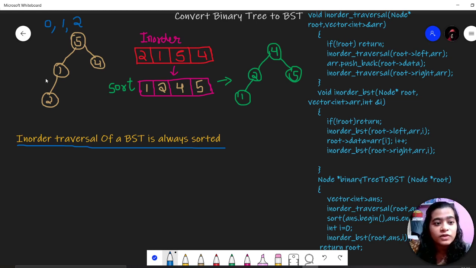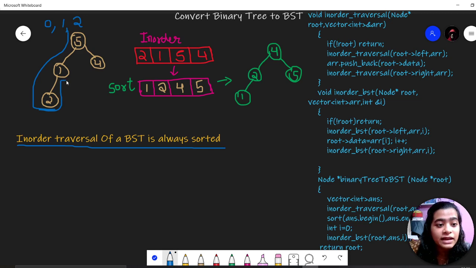So what we will do, first of all, we will store all the nodes in an array. We are creating an array of the size of the nodes, and we are writing the in-order traversal of this binary tree. We are traversing from here. We are hitting 2, so we are writing 2.